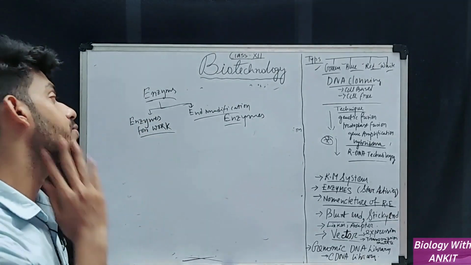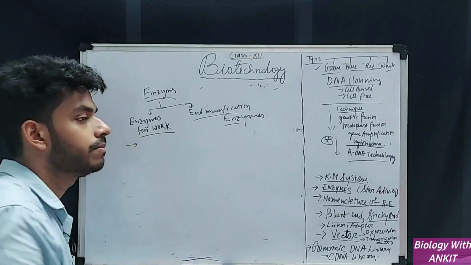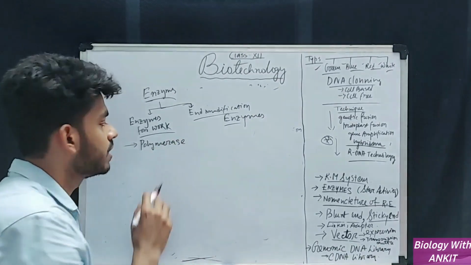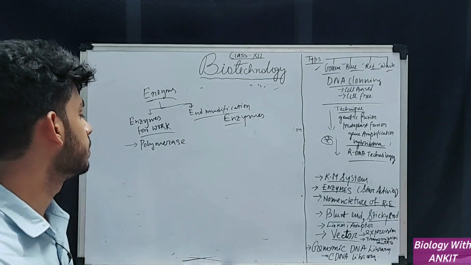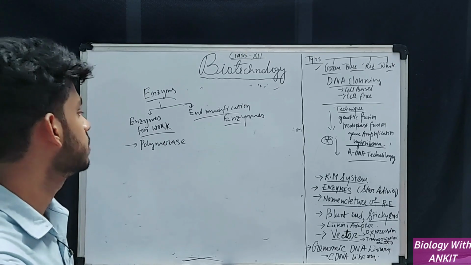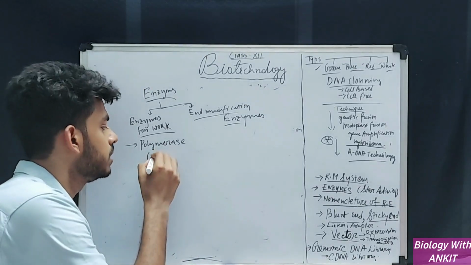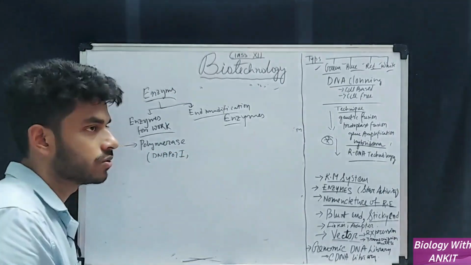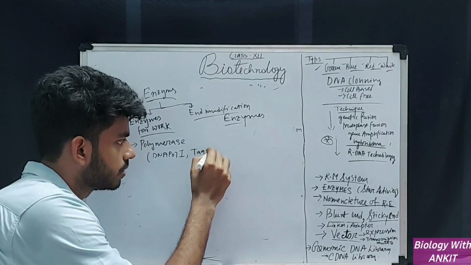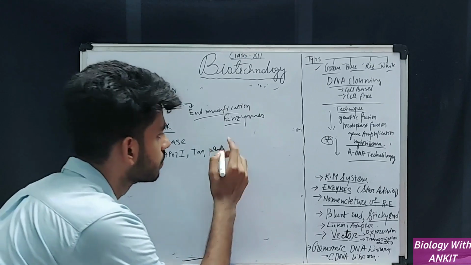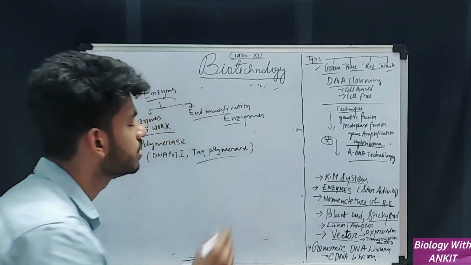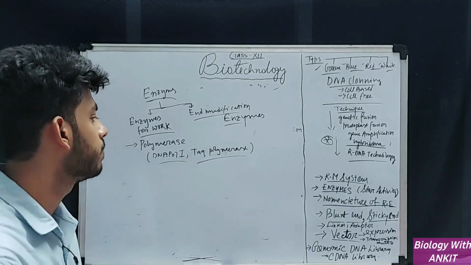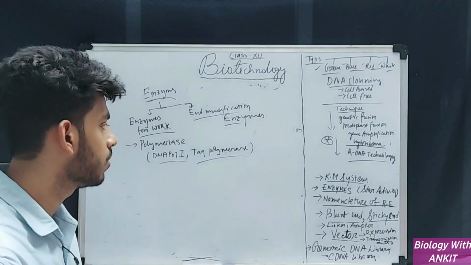Okay. So the enzymes that are required for the work are simply a polymerase, because if there is no polymerase, there is no multiplication of the target gene. Usually we are talking about DNA polymerase 1, DNA pol 1, and also there is Taq polymerase. Taq polymerase is used in PCR, which will be discussed in the next part. And DNA polymerase is the one that helps in the replication of the vector molecule.